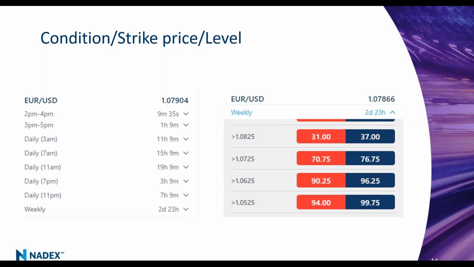The 105.25 was way below. It was deep in the money. The market was giving this a very high probability of being true, in the upper 90s. As we went to 107.25, still below 107.86,